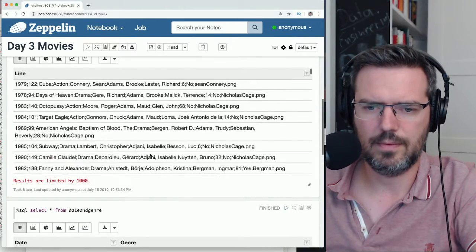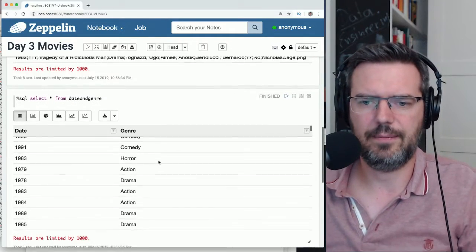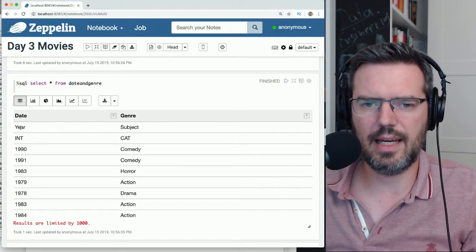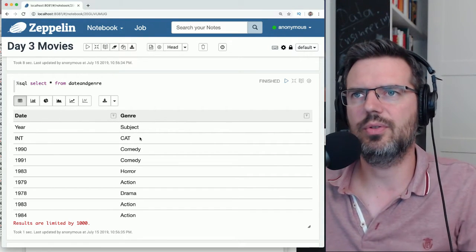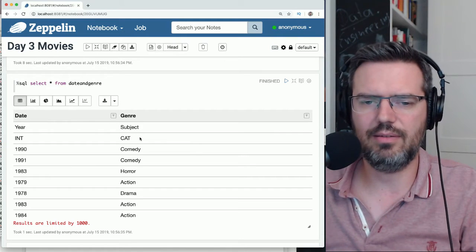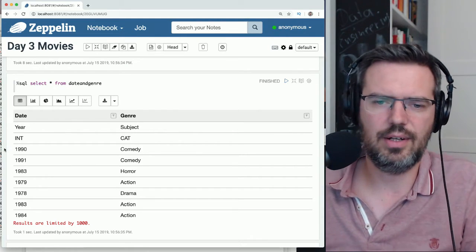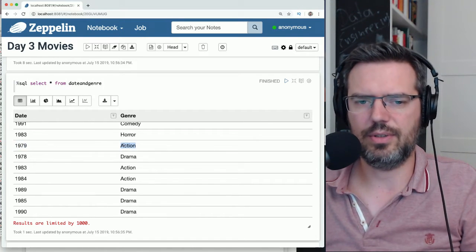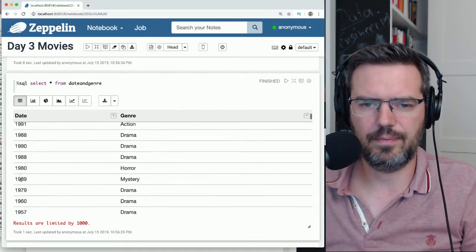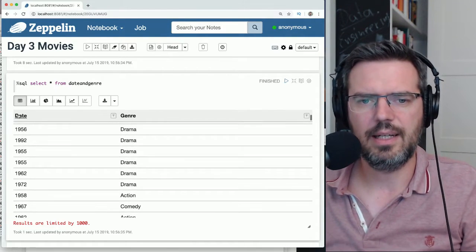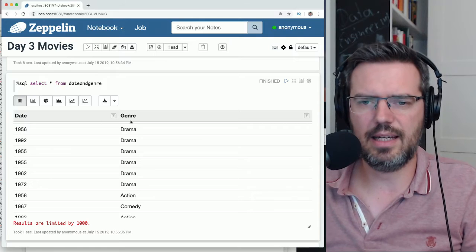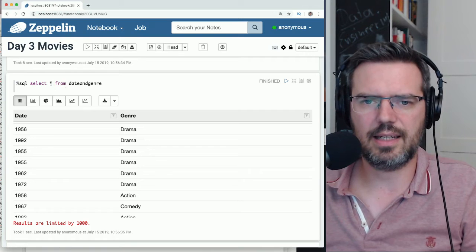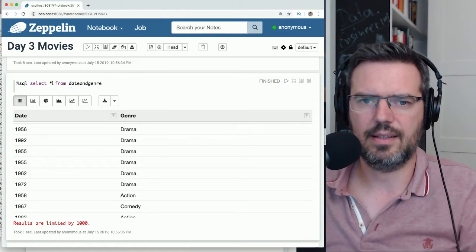Okay. Yeah. So you can see here, the header lines, we did not take any measure, as Sebastian said, to leave out the header lines. So the header lines are still in here. And then we have the numbers, the date, and the genre here. It's very simple because we used this case class and mapped it here. We have date and genre as names. So we can select here, let's say, select